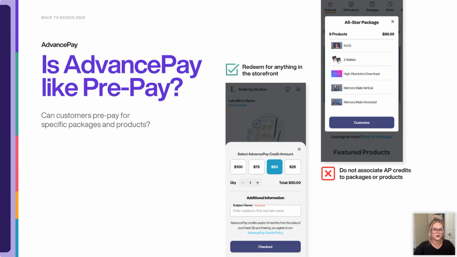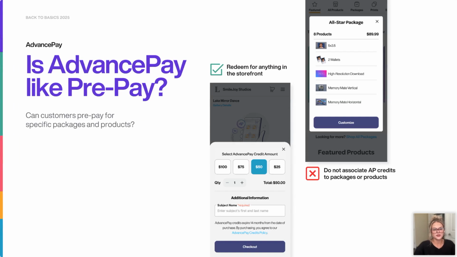Sweet. So is advance pay like prepay? This is the first thing you're going to want to make sure you understand when you're getting started. You definitely want to really learn about advance pay and understand it so that you can properly sell it to